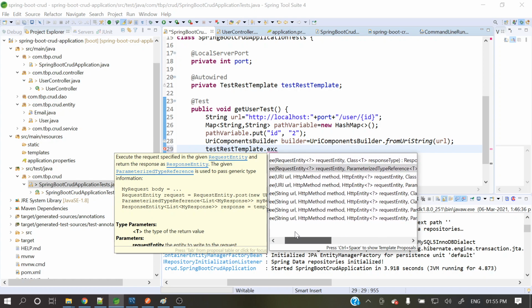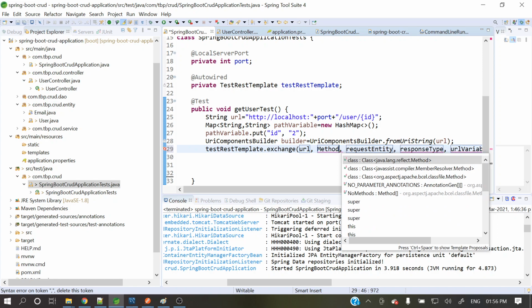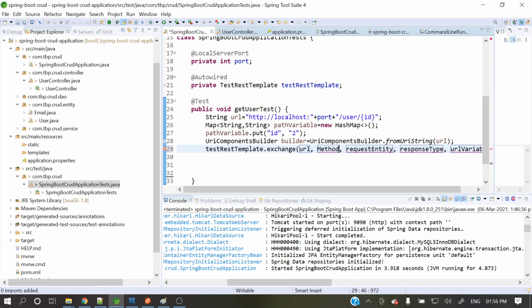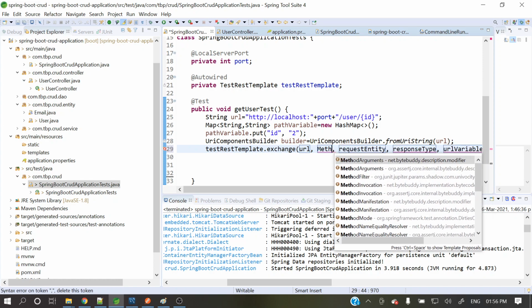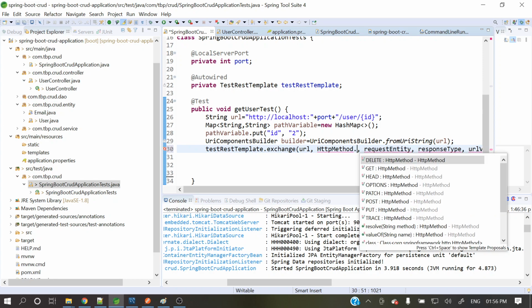Let's take this one. So first will be that URL, which is already there. Method, this is get method, right? HttpMethod dot GET,